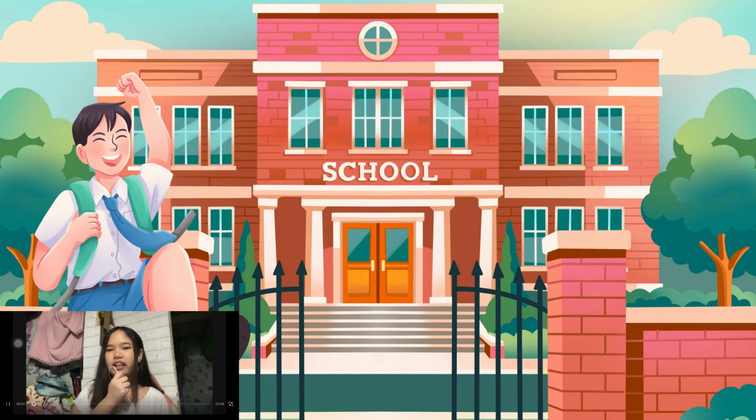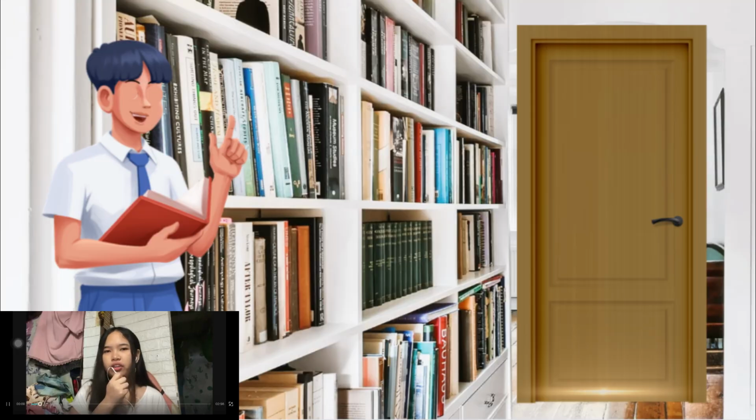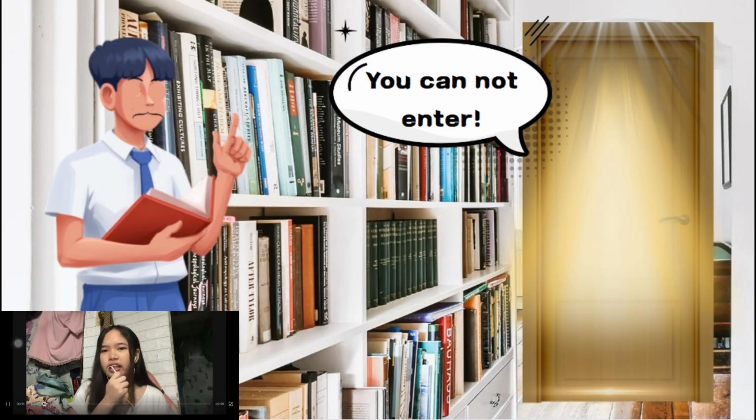The student finally arrives and goes inside the school, wanting to go to the library first before going to class. But he sees the door of the library and suddenly it glows red like an error signal. He knocks on the door and the door suddenly speaks. It says, "You cannot enter. You must solve this problem first." He looks at the problem and it's even harder this time.